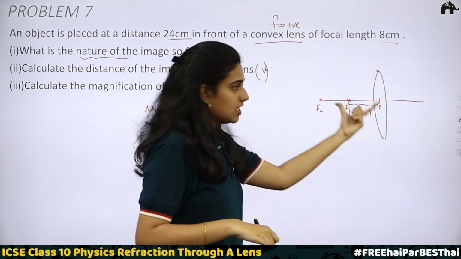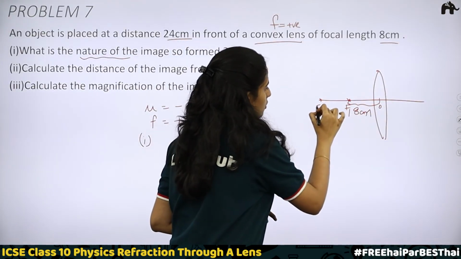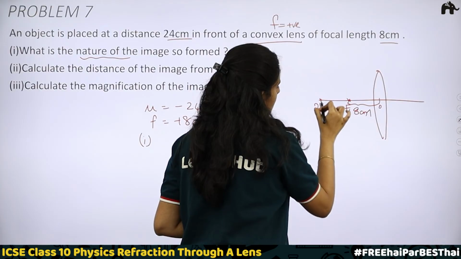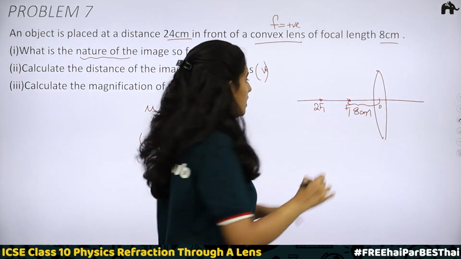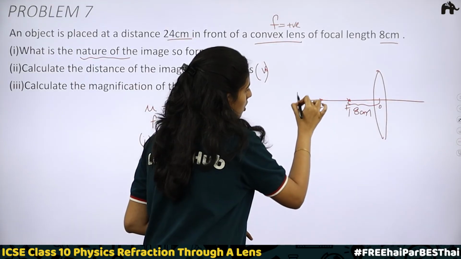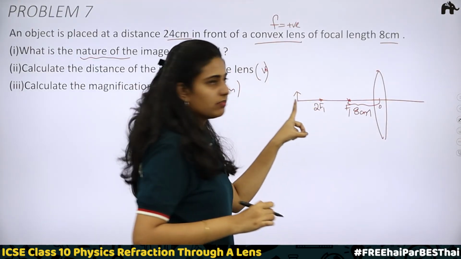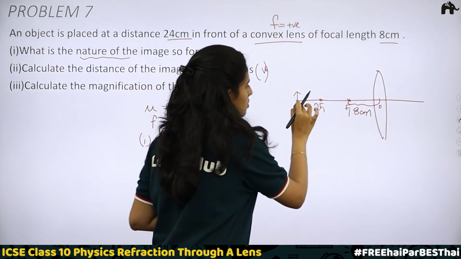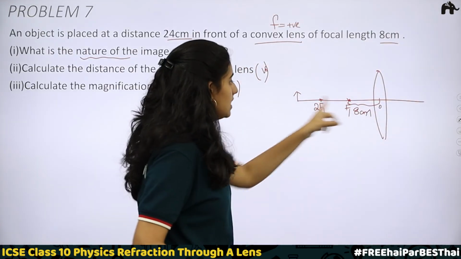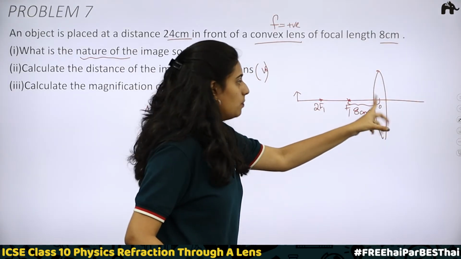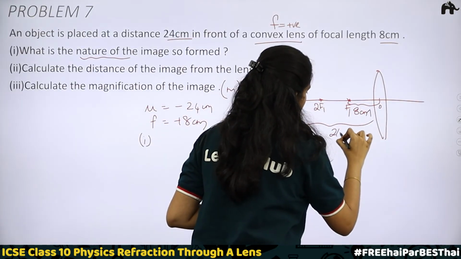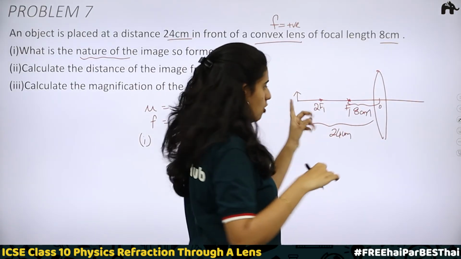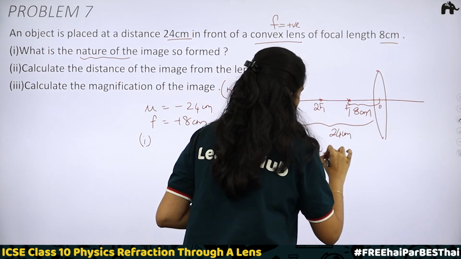This is 8 centimeter, and here you will be having 2F1, so this total distance will become 16. 24 is beyond this. So here we have the object, 24 centimeter from the optical center. This total distance is 24 centimeter, which means the object is placed beyond